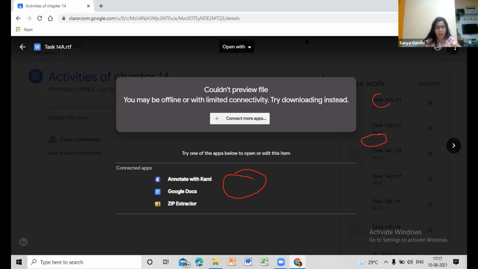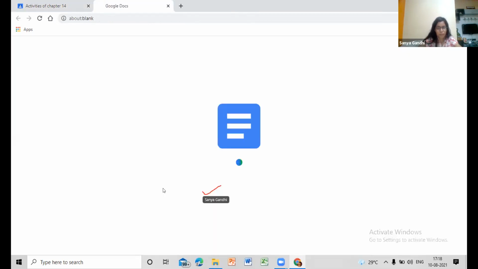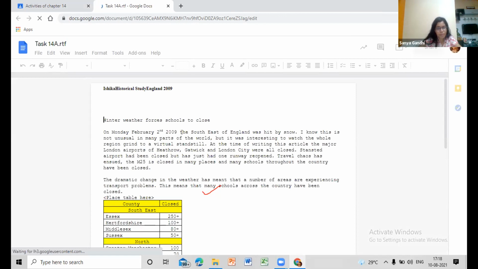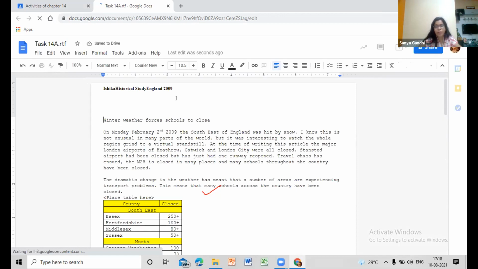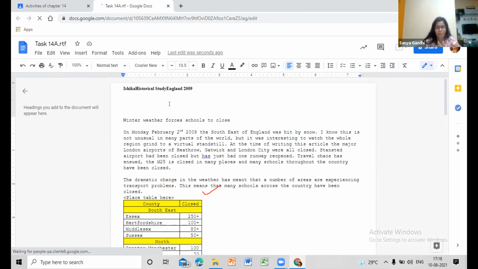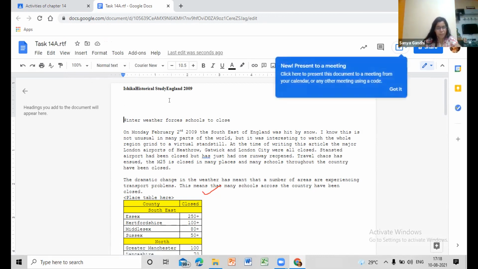Since the file is huge or Google does not provide some files to view, it's okay. You can view it through Google Docs. Can you view it through Google Docs? You can click in here. Yes, double click. Just like we have Microsoft Word, we also have Google Docs. Ma'am, you can see the header has changed. It's okay, it's only shown like that on Google Docs, but we have uploaded the Word file.